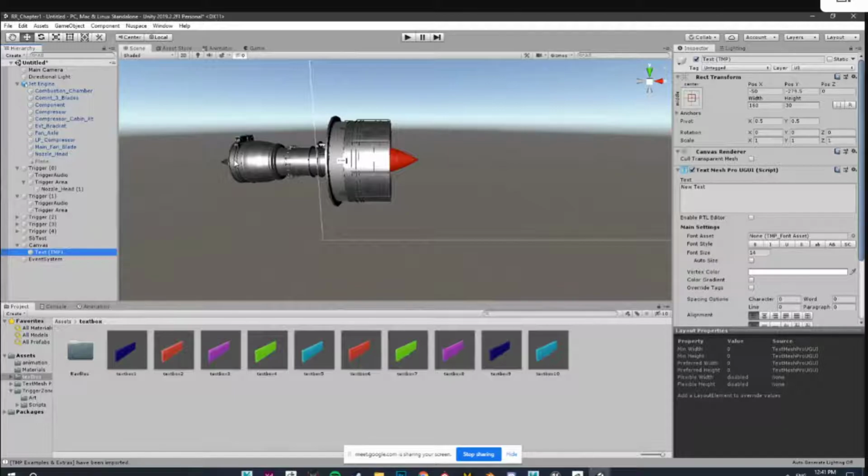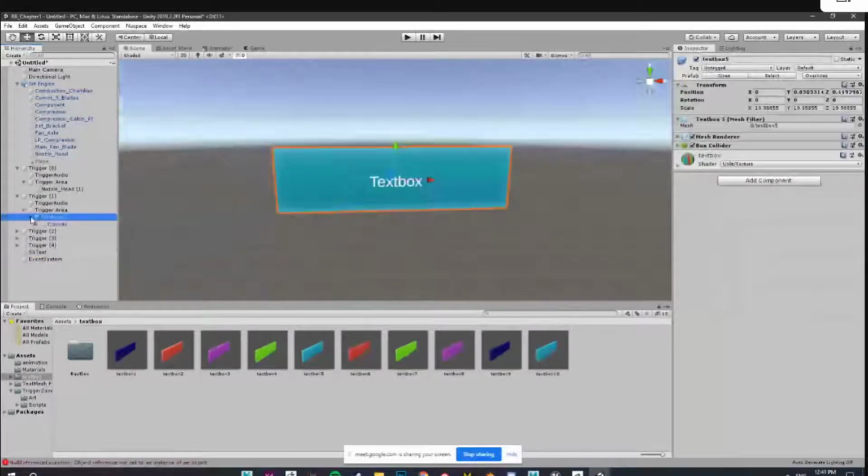Ankit, your voice is breaking. Your voice just broke again. You have to repeat the last few seconds. We can't hear you again. We were able to follow till you install the TextMesh Pro essentials from the right click menu. We saw both of that, but after that we couldn't hear you.